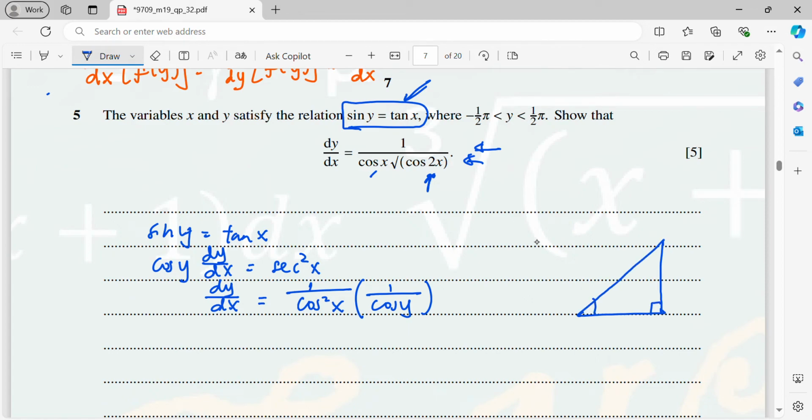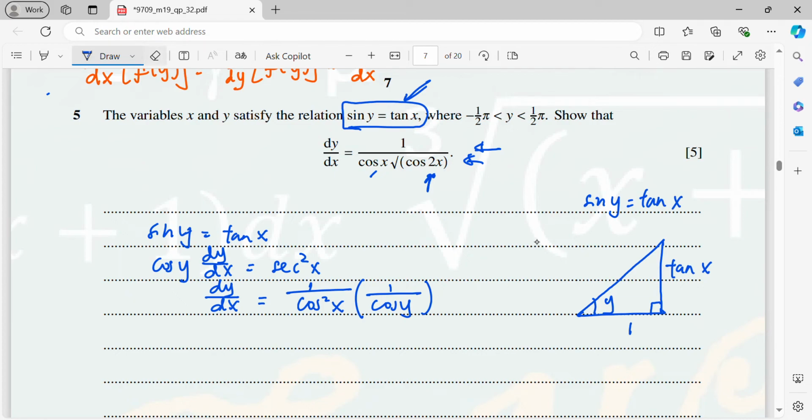Let's say this is y. So we know that sin y is opposite over adjacent. So that means sin y equals tangent x. That means the opposite side of y is tangent x, because tangent x is the same as tangent x over 1. So this is tangent x, and then the adjacent side is 1. So the hypotenuse here,